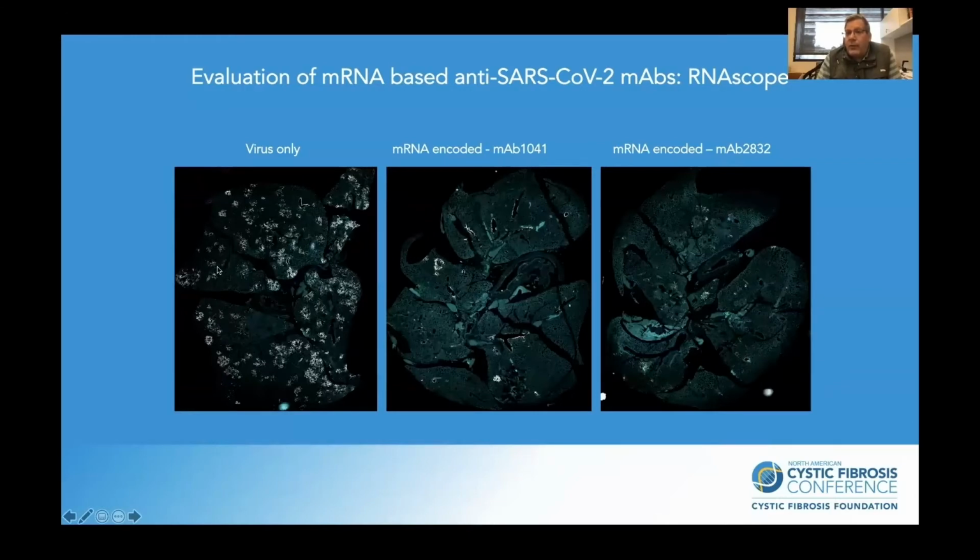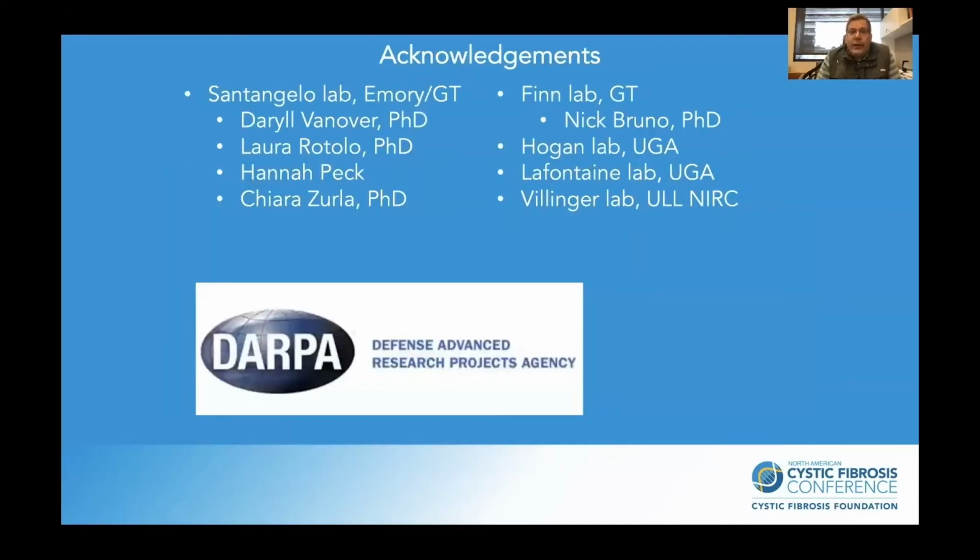So mRNA-encoded antibodies in the lung really look quite good. The gist of it is that we have a new formulation using polymer 76 that works extremely well. It's very good at delivering to multiple species and can deliver multiple cargoes, mRNA-encoded antibodies in addition to